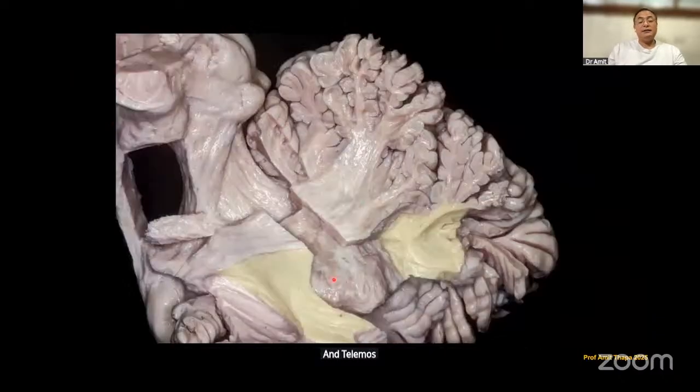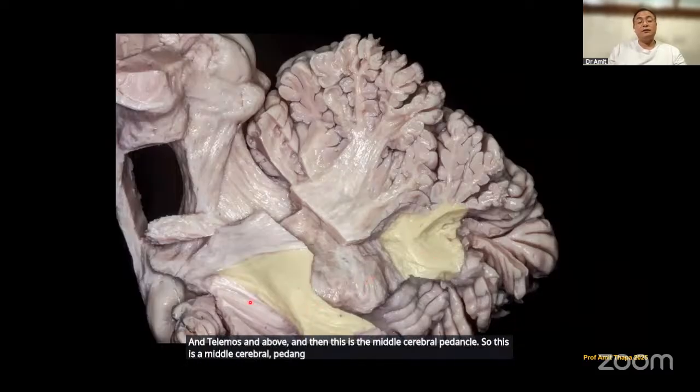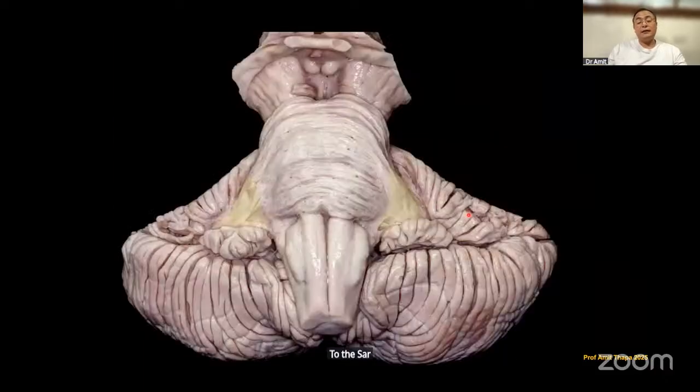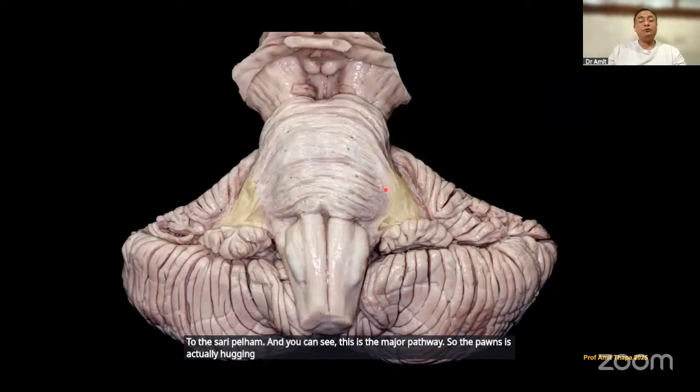which decussates in the midbrain and then goes into the thalamus and above. And then this is the middle cerebellar peduncle, which is communicating the pons to the cerebellum. And you can see this is the major pathway. So the pons is hugging the cerebellum through the middle cerebellar peduncle, and these are the largest fibers, as